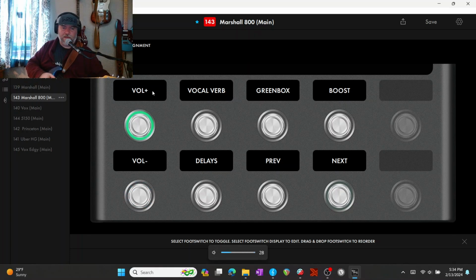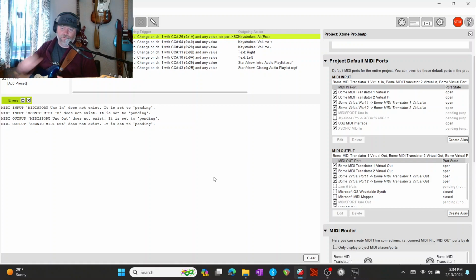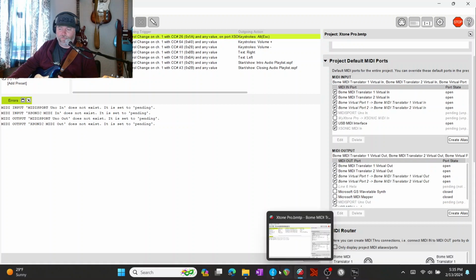Hold it. I want that nice smooth action of just being able to turn volume up, turn volume down. So how am I doing that? I'm doing that with a very powerful program that I've been using for many years called Bome MIDI Translator. I'll have the link for it in the description of the video here, but this application is so powerful. There's so many things you could do. I mean, the possibilities are endless of what you could do with this app and